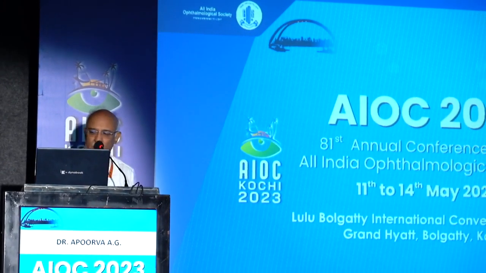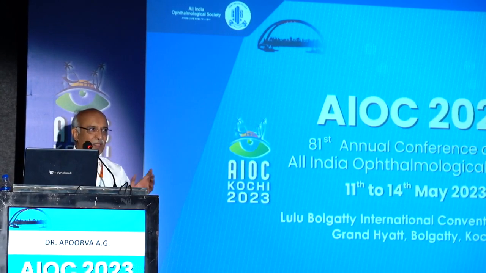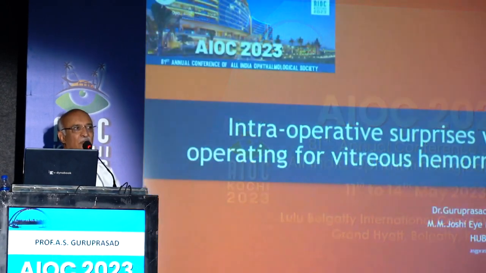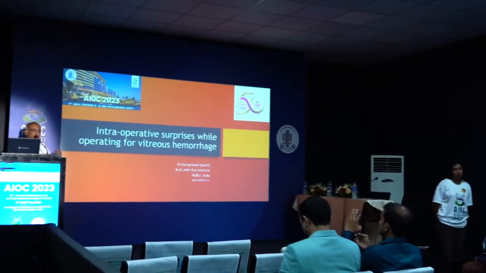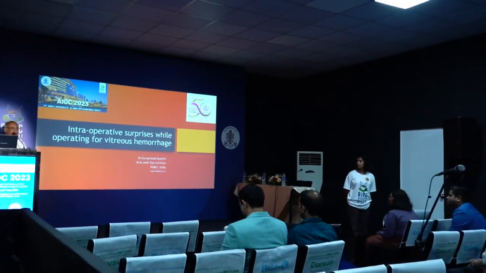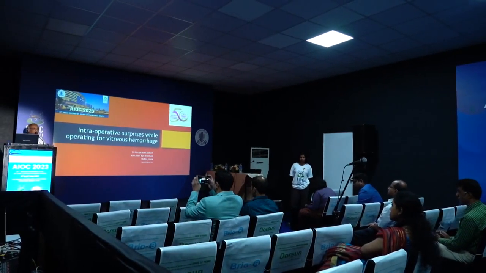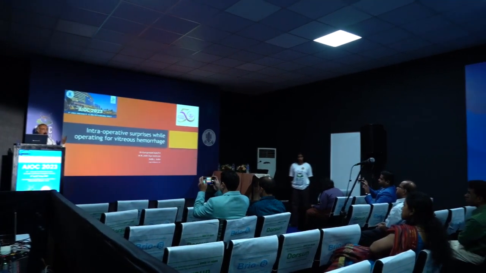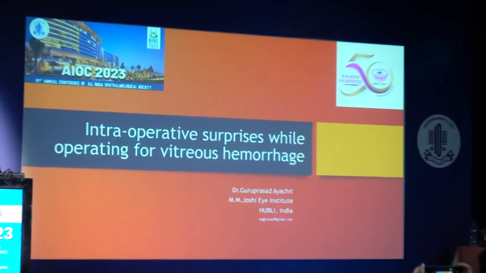So in the morning, every day on the surgery day, we have a discussion for about half an hour. In the case of vitreous hemorrhage, we usually ask our residents what the possibilities are, especially when we don't know what the cause of vitreous hemorrhage is, and we usually have a list of differential diagnoses. But many times the actual condition which caused the vitreous hemorrhage is different from the list. It would not be in the list of the differential diagnosis, and that is what I'm going to talk about. A mix of those in the differential diagnosis list and those which are not. So